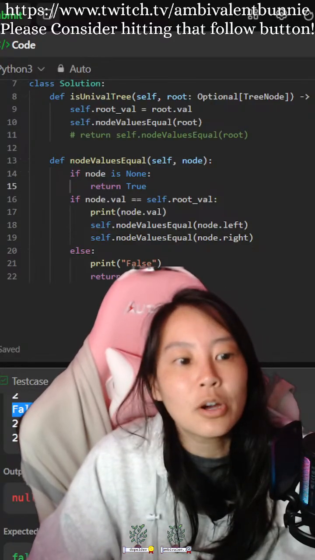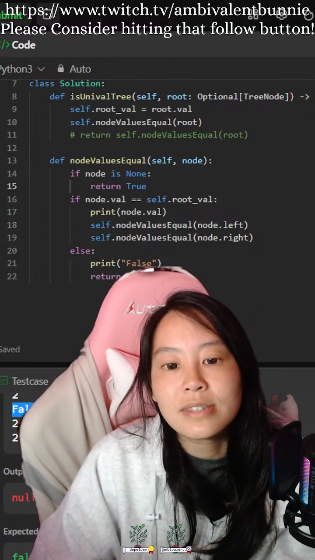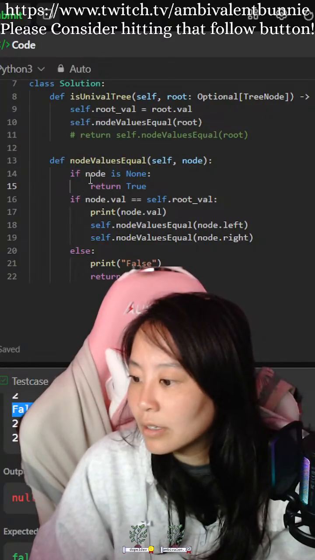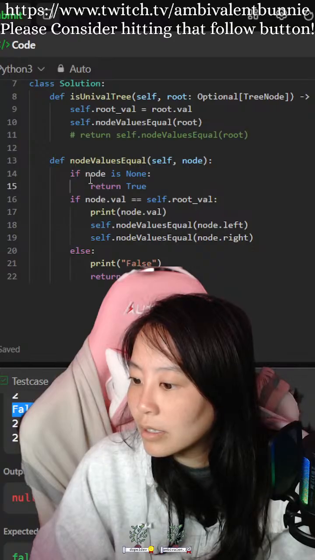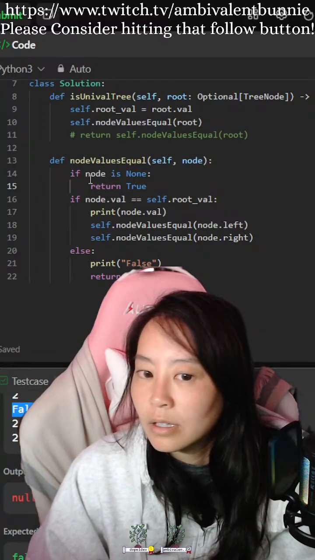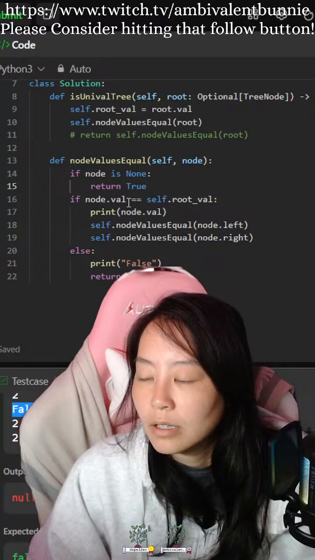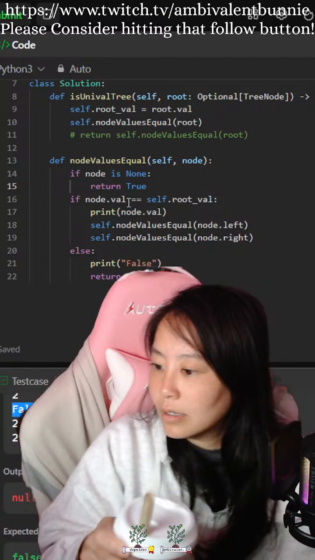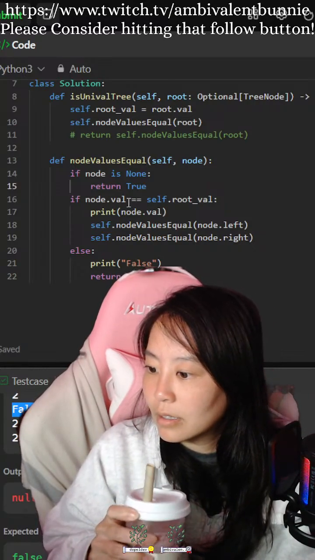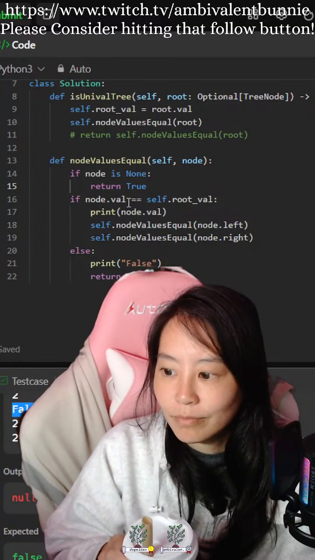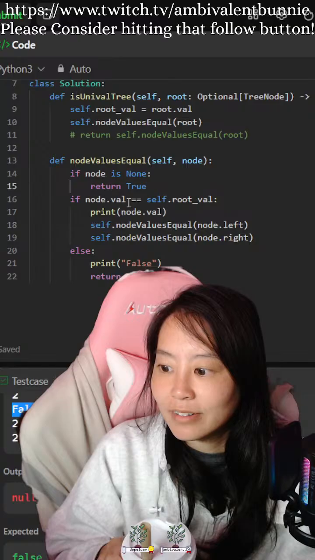Because there is no node. If node is None, I'm not asking if node value is None. I'm asking if the node is None. I see. I don't think I understand.